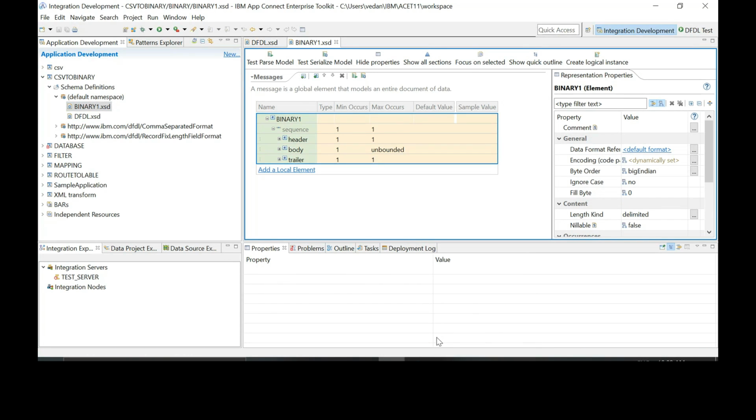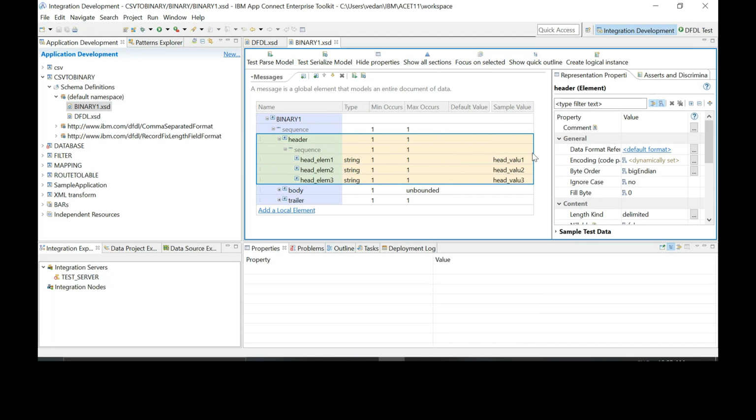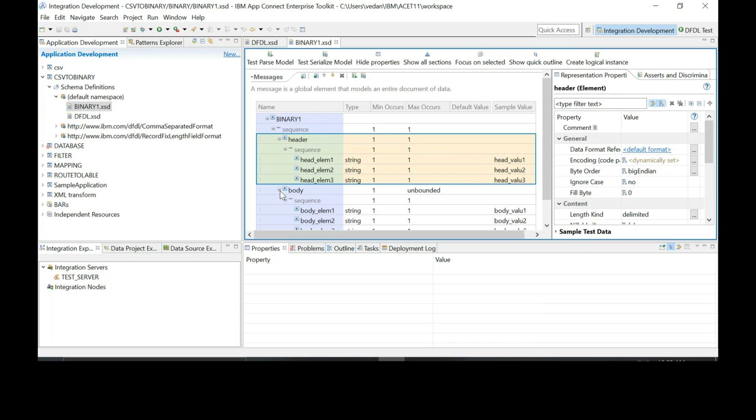Now expand the header on your left. Click on header. Sorry, in the middle of your screen. Header. Expand that. Yeah. These are the names. If you want, you can modify them. So let's now expand the body, and let's also look at the trailer.